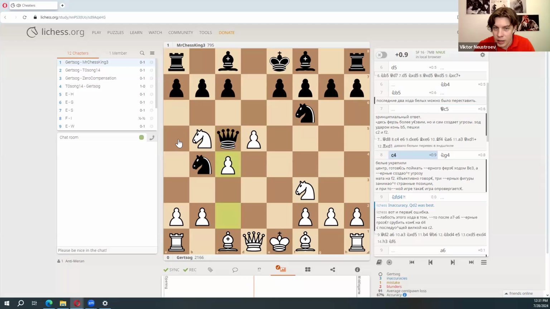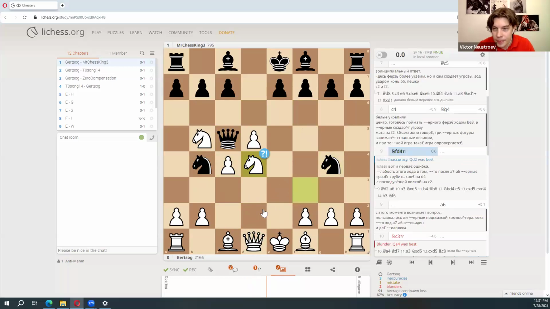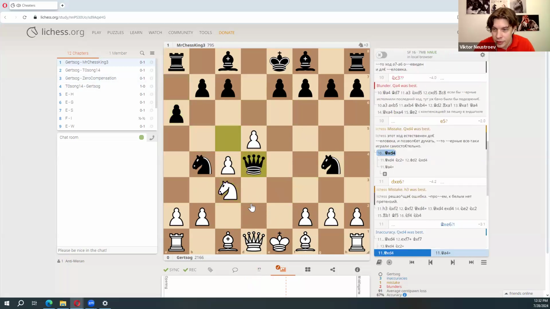c4, I defended and also protected the c2 square, knight g4, so he attacks here. Well, and this is an issue because how do I defend it? So queen e2, queen d2. I choose knight fd4. So queen d2 was better. And this is what I didn't realize, that after a6 and the knight goes back, I simply blunder here.